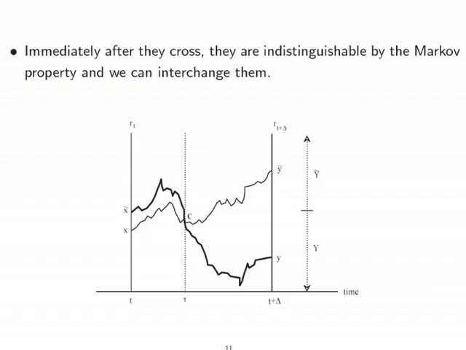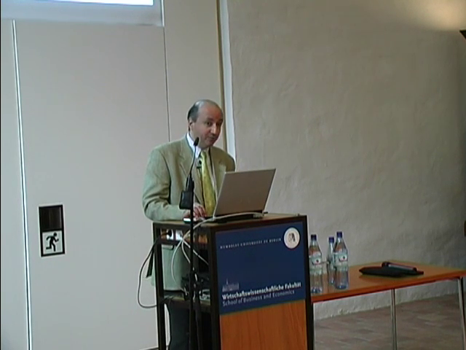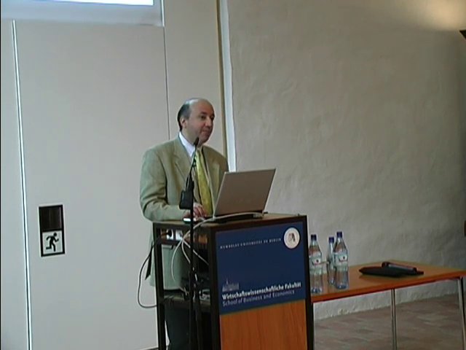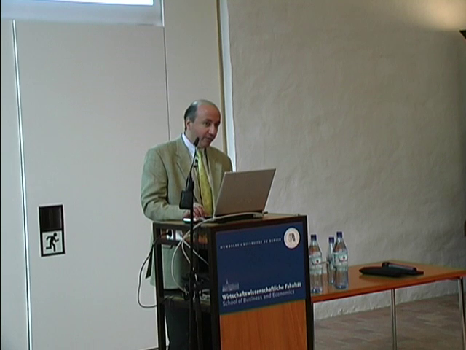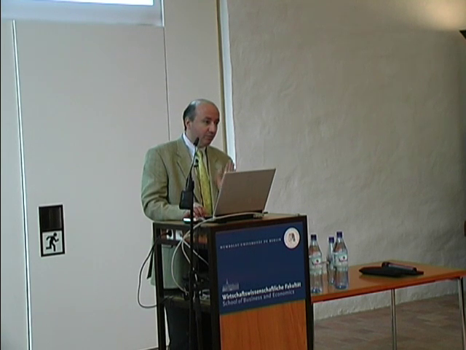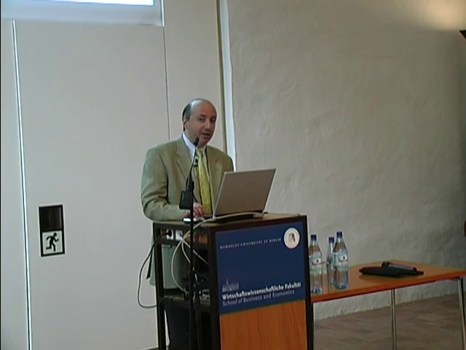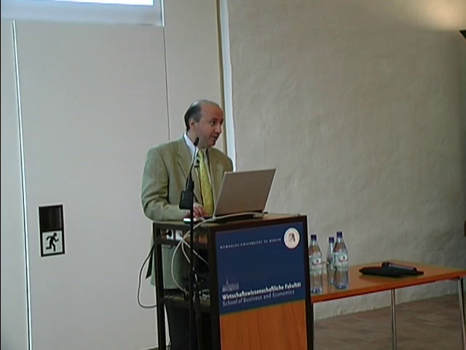And then what happens after that point? Well, if the data generating process for those two processes is identical, and they are Markov processes, once they have crossed, meaning once you have reset them at the same state level, going forward, they become indistinguishable. The reason being that once they are at that stopping time, tau, you recondition on their values at that stopping time, and once they are there, going forward, you cannot tell which one